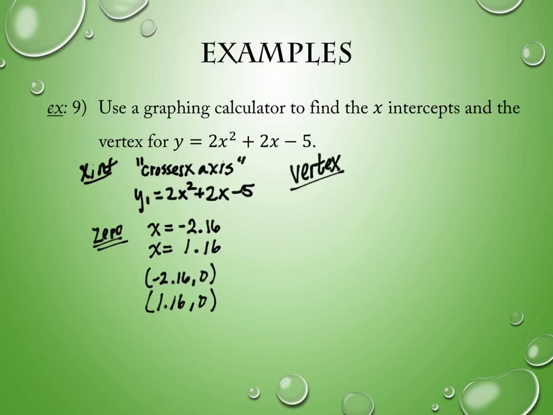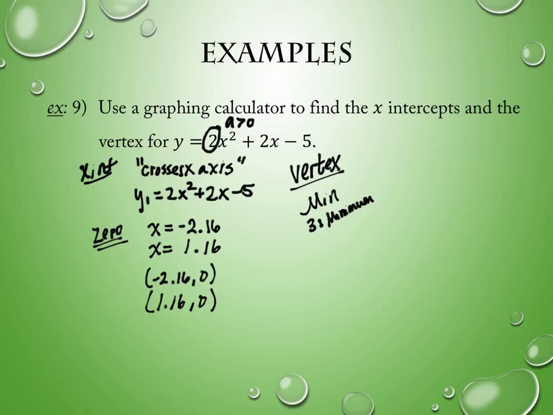Now finding the vertex, you can still put it in your calculator, the same way as you did before at y1. But you're actually using a different function. You have to decide if this is a minimum or maximum. Because the a value here is a positive 2, the a value being positive means that it's going to open up, which means I'm looking for a minimum. So if you're in that same menu, second trace, you'll see option number 3 says minimum. So if you select that option,